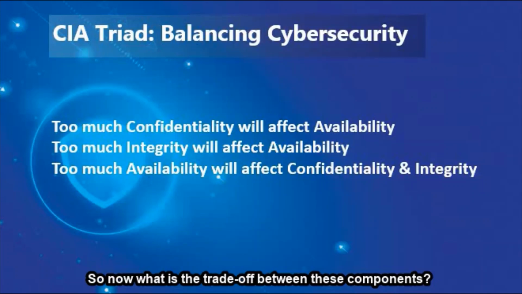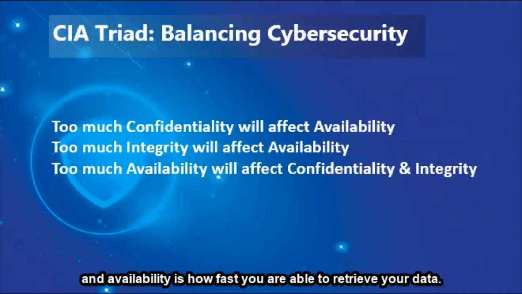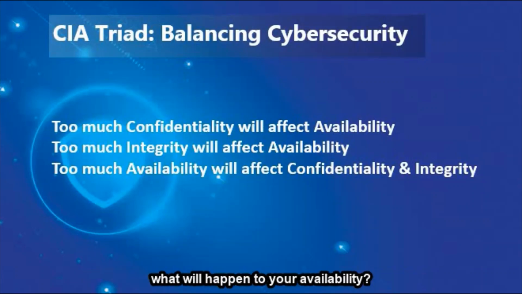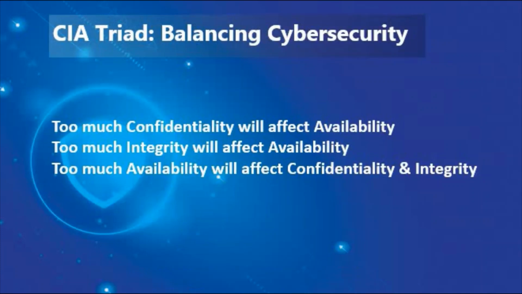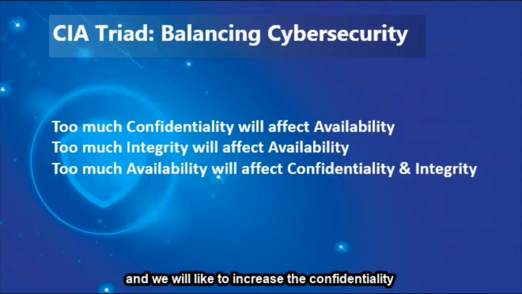So now, what's the trade-off between these components? Now we know that confidentiality is about ensuring the right party can gain access to the systems, and availability is how fast you are able to retrieve your data. For example, if you increase your confidentiality, what will happen to your availability? Say you are from the sales department and would like to increase the confidentiality of accessing customer data,